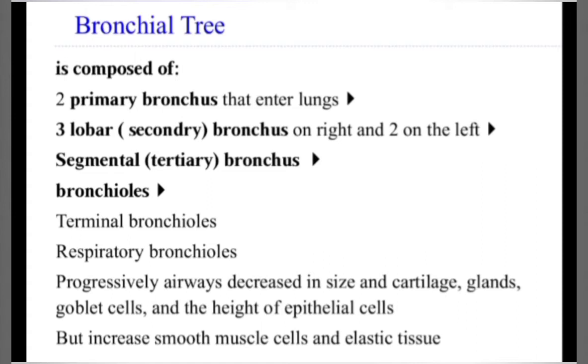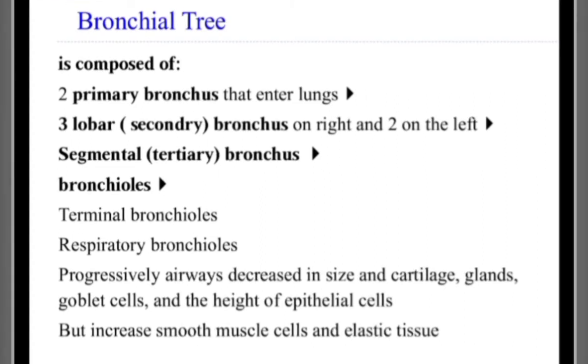segments. There are 10 bronchopulmonary segments in the right lung and there are 8 in the left lung. Within each bronchopulmonary segment, repeated divisions of bronchi occur in a dichotomous manner. After about 10 to 20 generations of the divisions, the diameter of the tube is reduced to approximately 1 millimeter, and now it is known as the bronchiole.